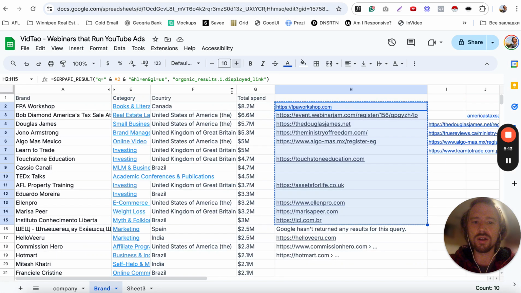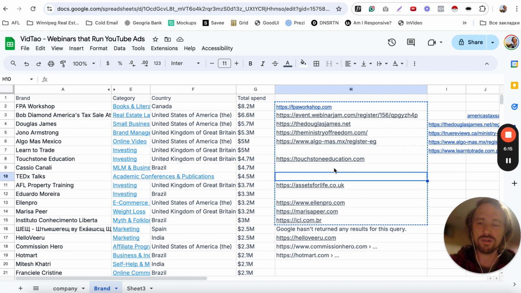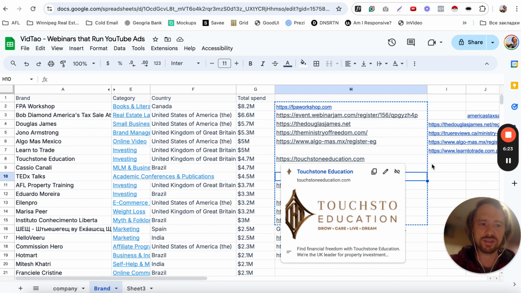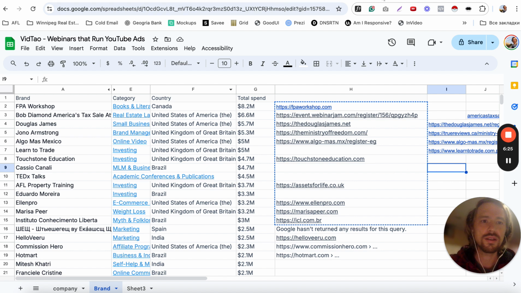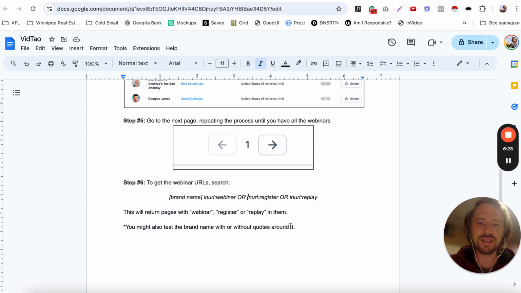But as you know, a lot of marketers will buy a separate URL to run their webinars from, which is why it's nice to get the main URL as well as doing the webinar search. So that's why this is nice to have. It's part of the research process, figuring out how you're going to get your foot in the door, and this informs a lot of your outreach. But in terms of actually getting the contact information, the webinar page, if it's on the main website, then great. It doesn't really make a difference. If it's on a standalone website where they're just running traffic to, and of course you still have to find